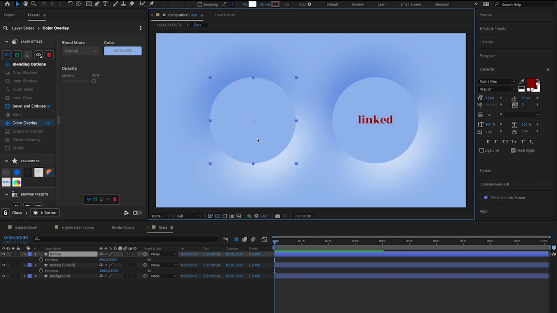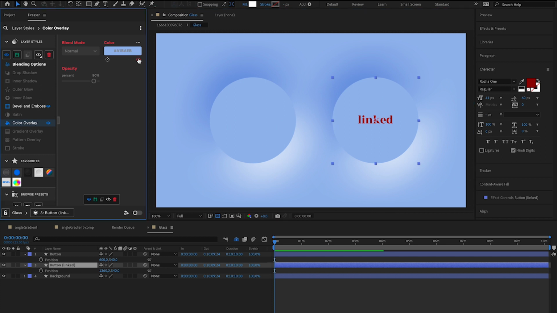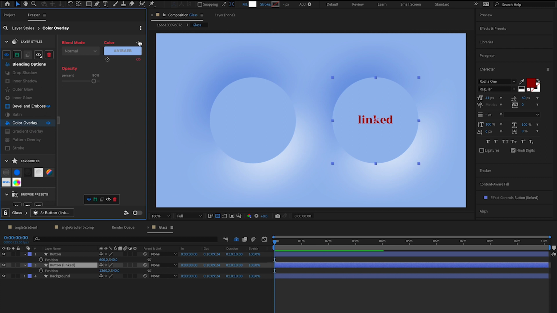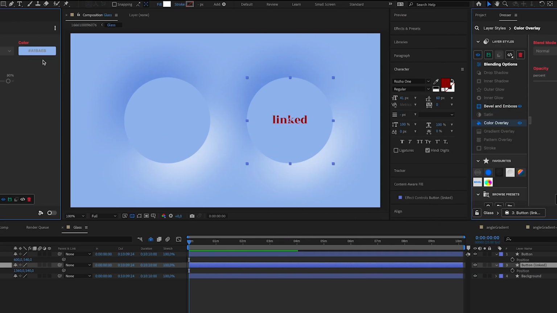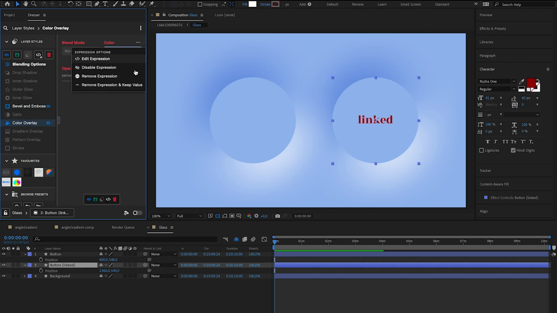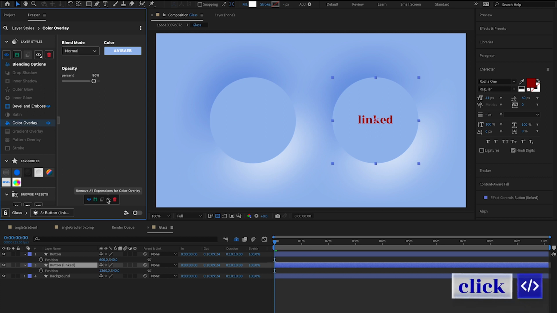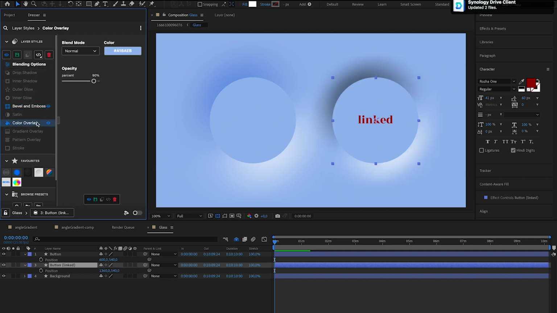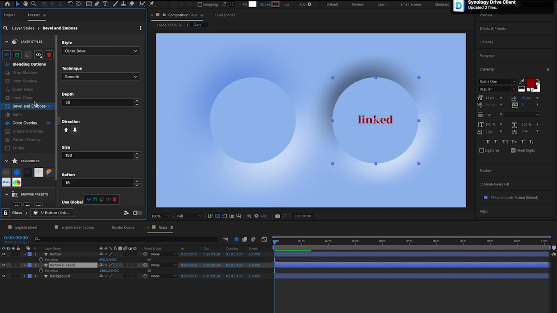When a property has an expression, for example when it has a property link to another layer, it is marked red. You can edit this expression through the expression button on the bottom right of the property. In the Properties menu, you can find the option to remove the expression completely or even remove it while keeping the current value based on the expression at that current time. Want to remove all expressions on a layer style? Click the expression button in the Layer Style toolbar or in the sidebar for the complete Layer Styles group. Again, using Shift will go through all your targeted layers.